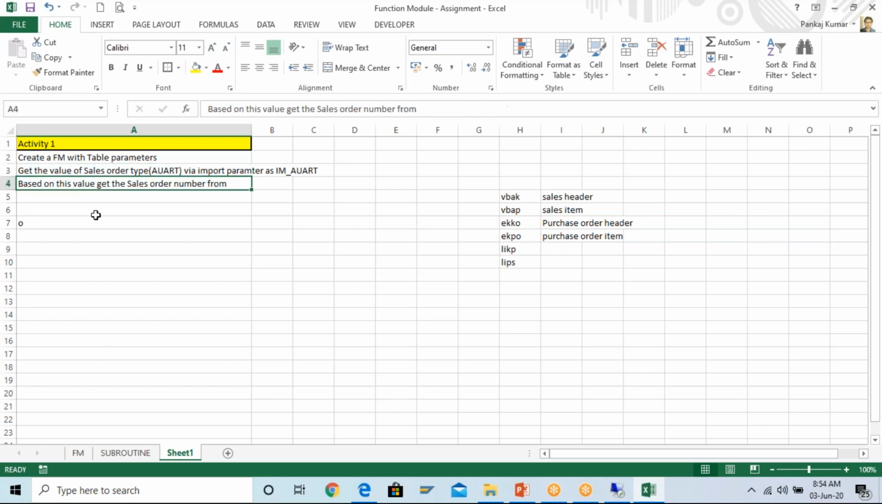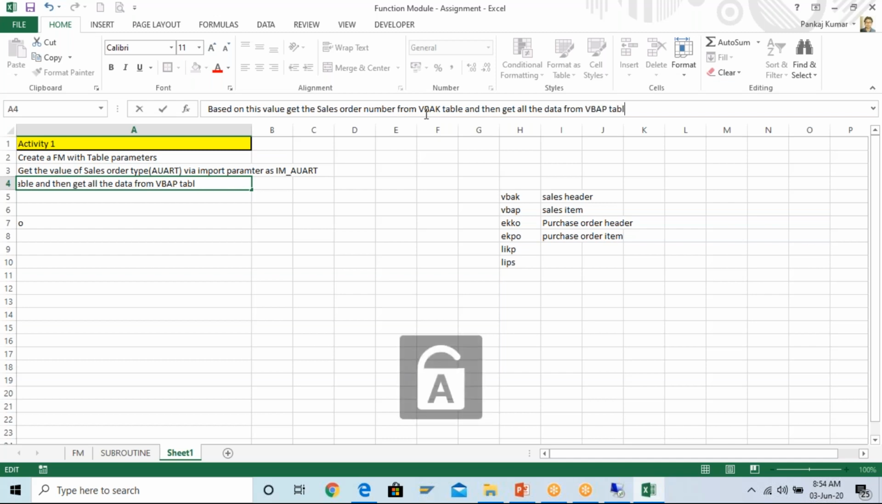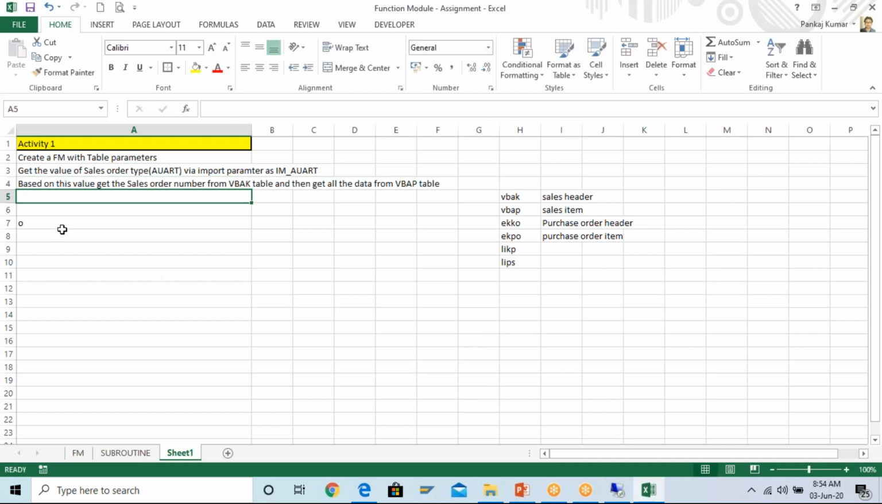Based on this value, get the sales order number from the VBAK table, right? And then get all the data from the VBAP table, right? So finally, what you have to get? Finally, you have to get the sales order number, that means VBELN. Your final structure should be like this. Final structure in your FM,